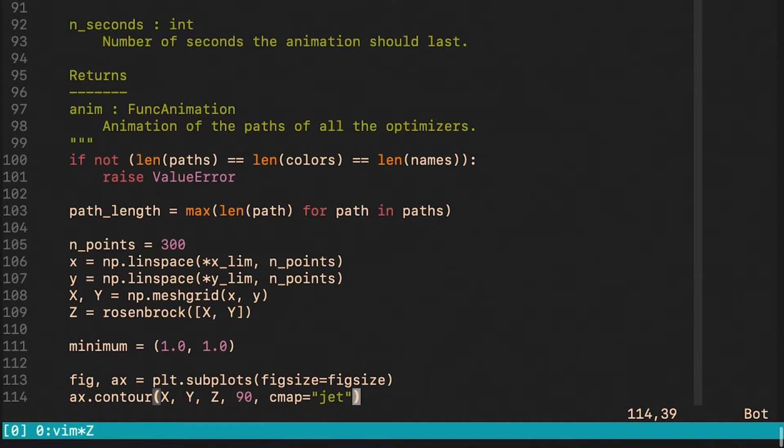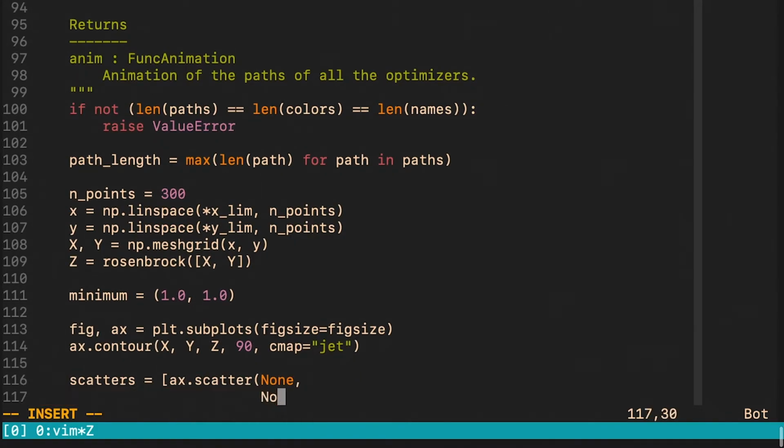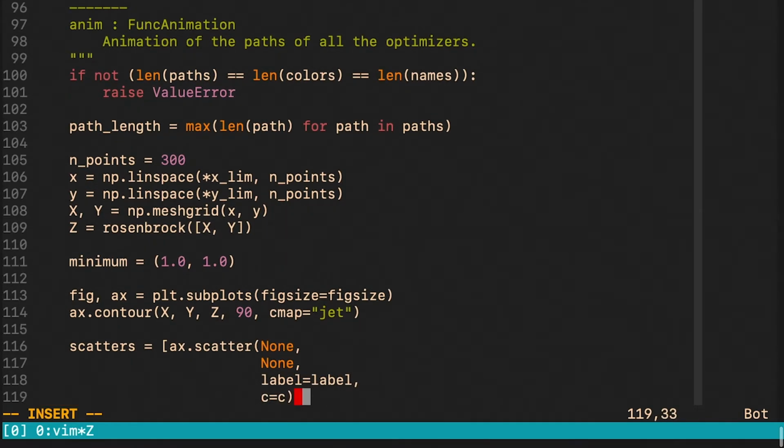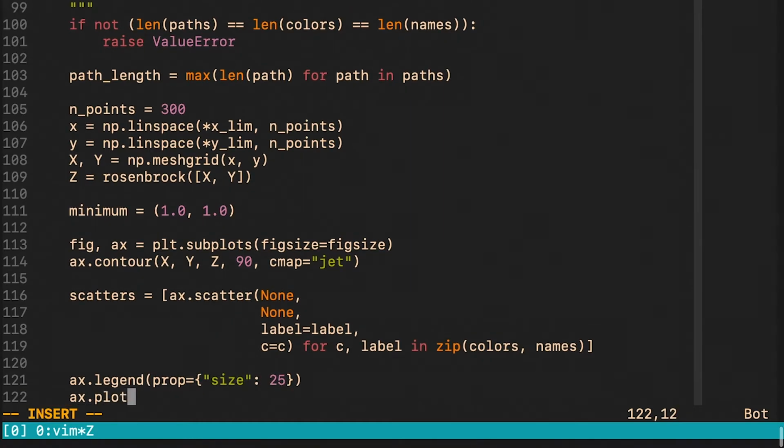We create a figure and then we create a contour plot of our Rosenbrock function. We predefine a scatter plot for each optimizer. We plot a legend, and we also plot the coordinates of the global minimum.